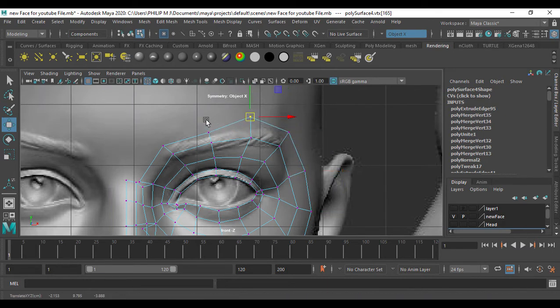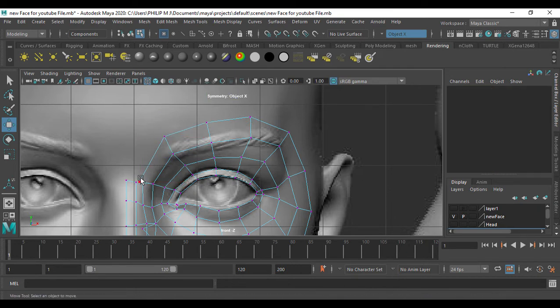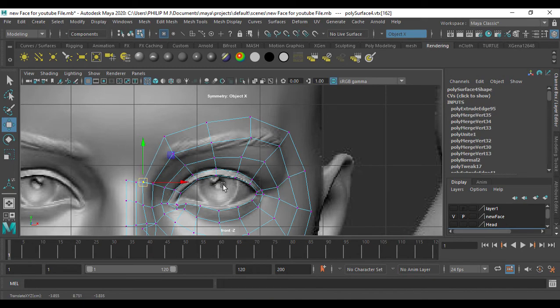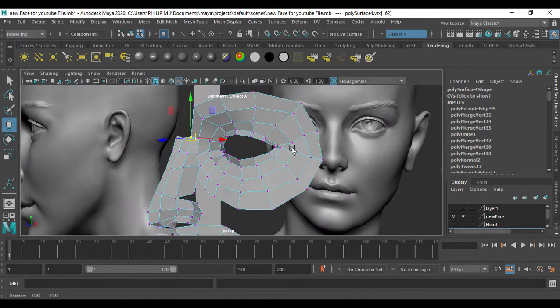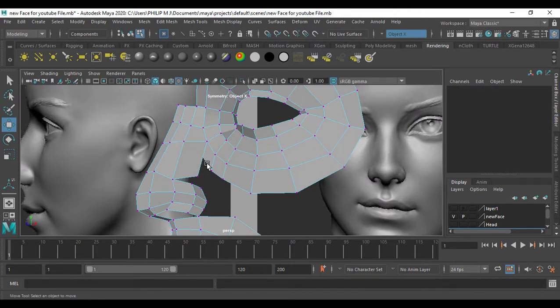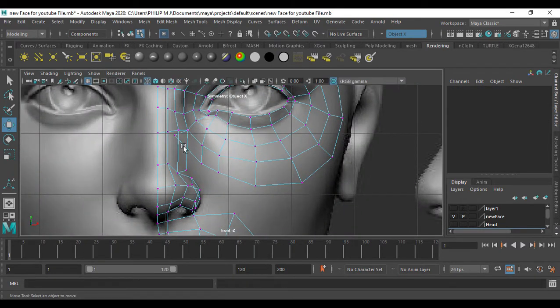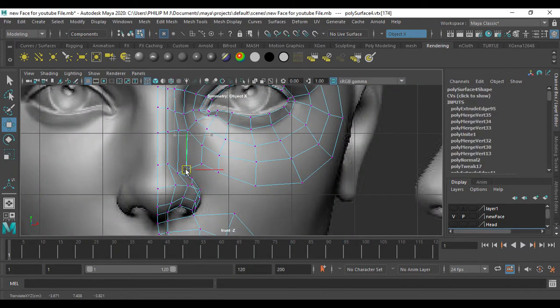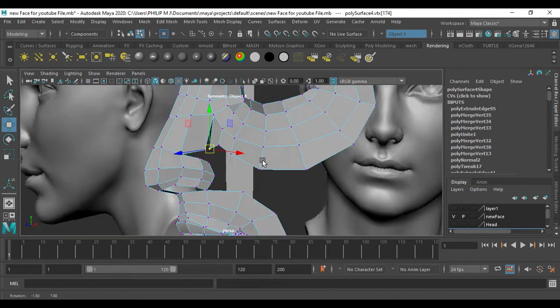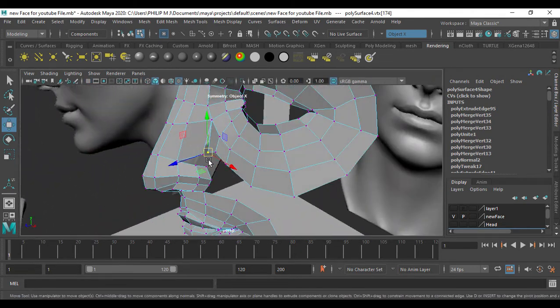Okay, so it has to be arranged based on the reference. I want this to come up and I want this vertices to come over and reach it here. Okay, now we can see this will be flowing in this way. So I have to go to this, bring this one here. Okay, and let me merge this one,